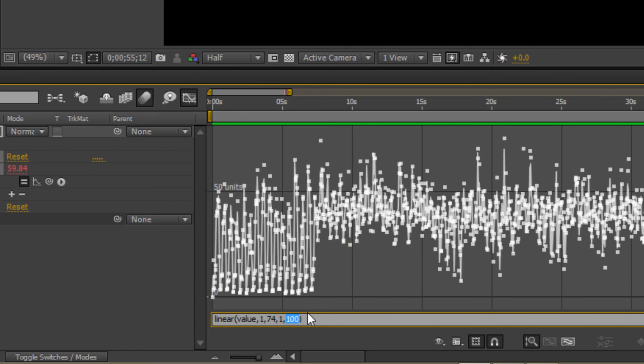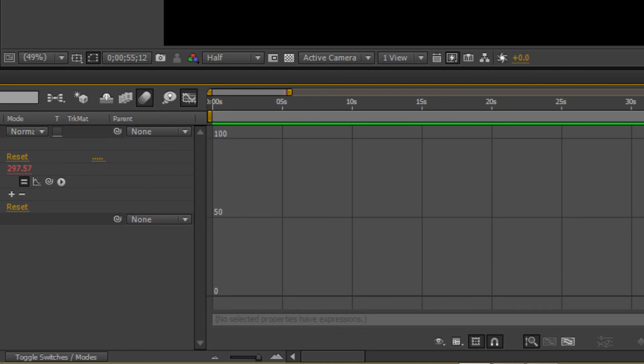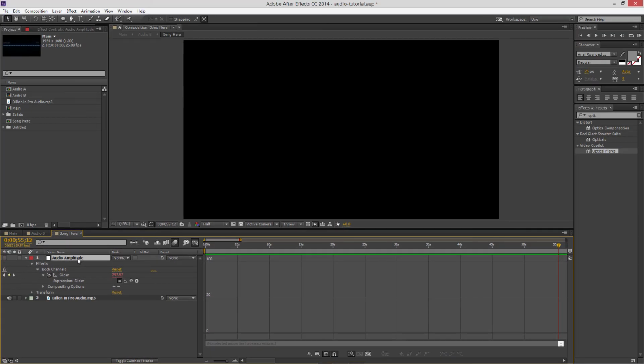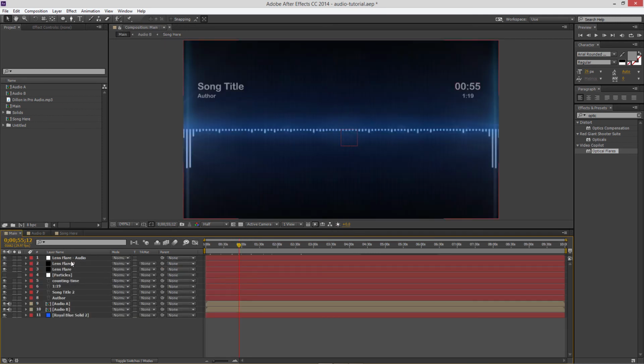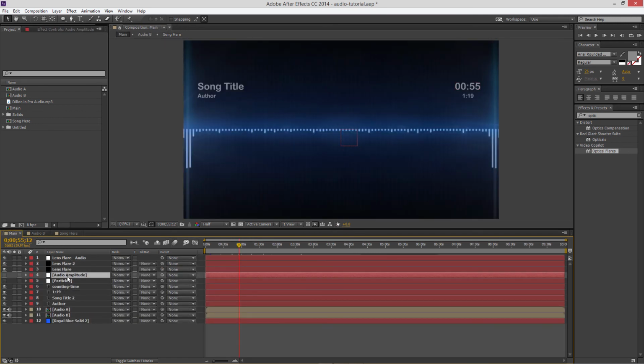Like, for example, I have only 100, so at the highest point right here, it will generate 100 particles. And you can type as much as you want, but the render time can be slower by that. So I'm gonna type 500. Okay, so I'm gonna copy this. Actually, I'm gonna cut it. So Control X, go to main, and I'm gonna paste it right here. I'm gonna rename it